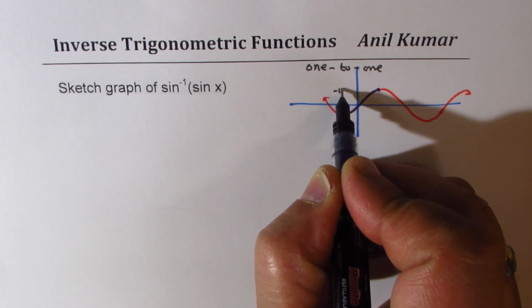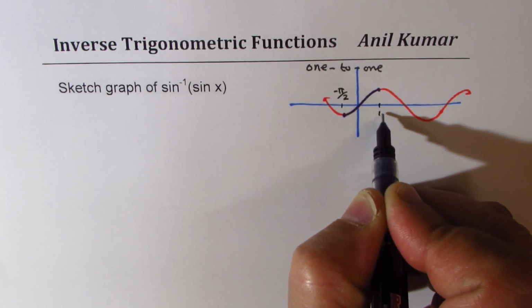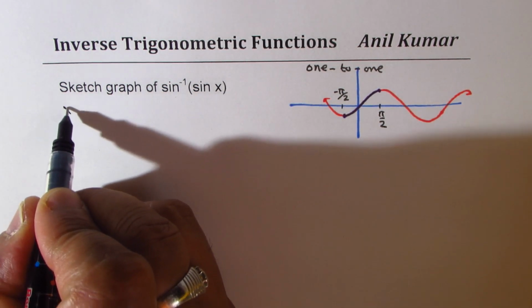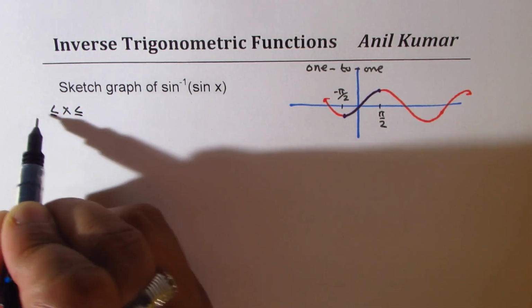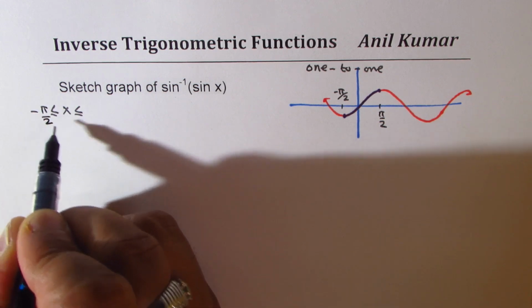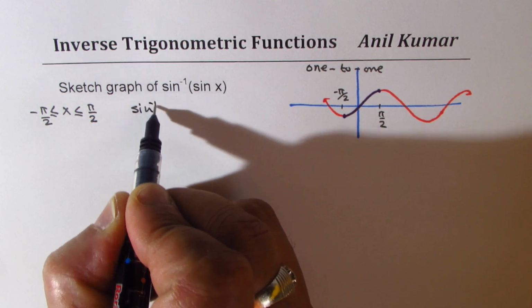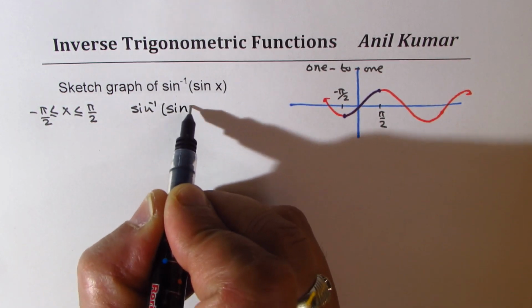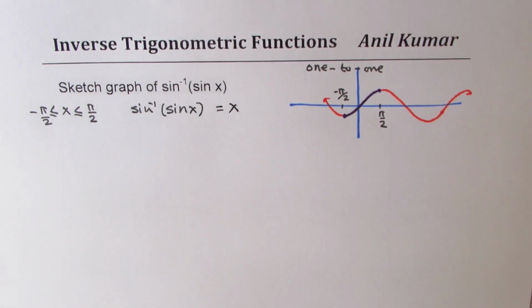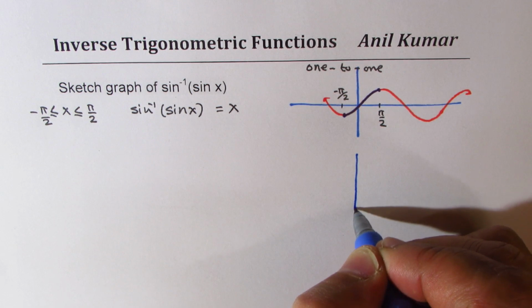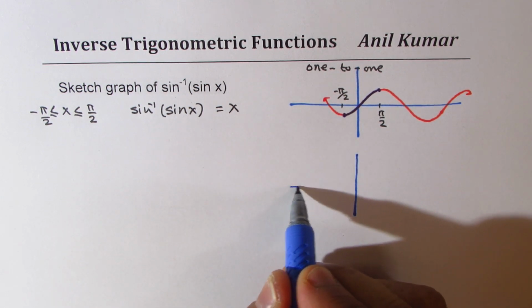If we consider minus pi by 2 to plus pi by 2, within this interval, sine inverse of sine x will be equal to x, correct? So if I have to draw this function, I could always sketch like this, that within this interval,